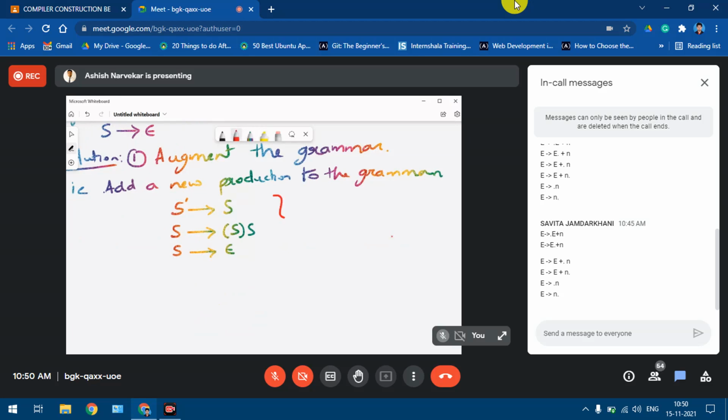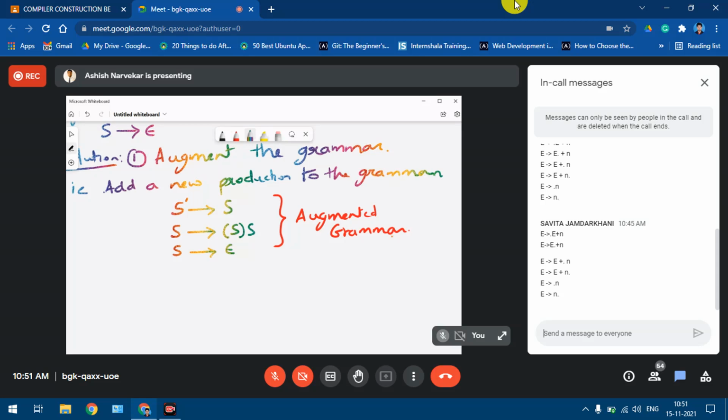This is called the augmented grammar. Once you have augmented the grammar, we have introduced a new start symbol S dash, which derives the start symbol of the original grammar.